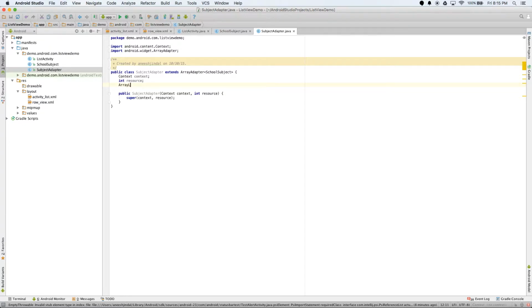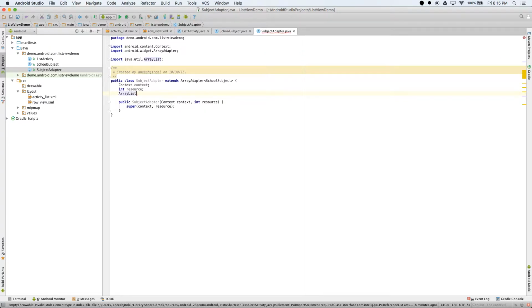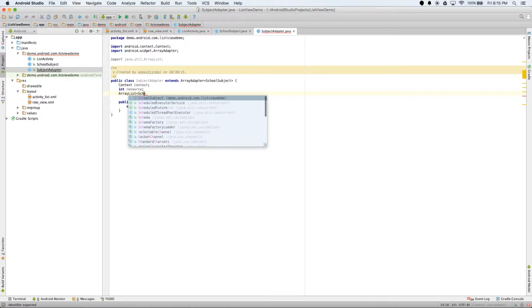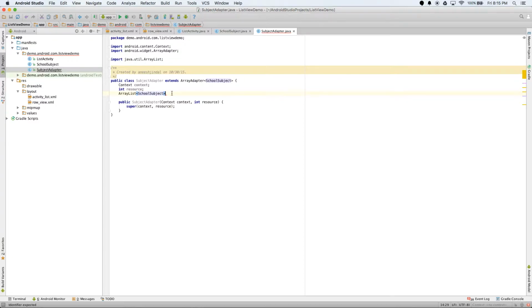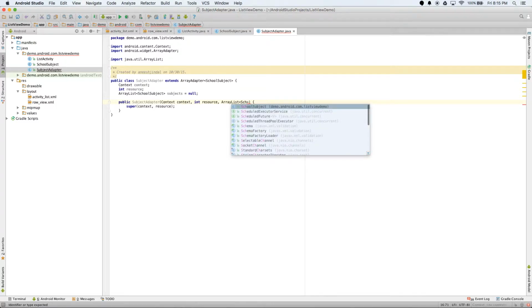And then we're going to have an array list. This will be school subject. It will be holding school subject types. And we're just going to call it subjects equals null. And it'll make more sense soon. And then here we just want another thing added to the constructor, array list school subject